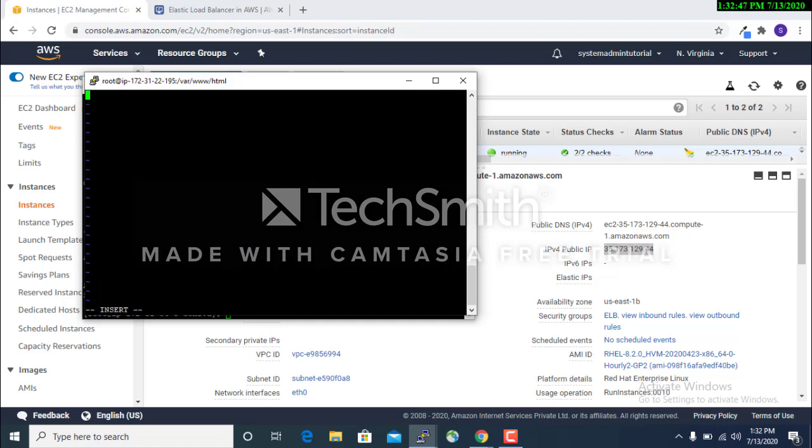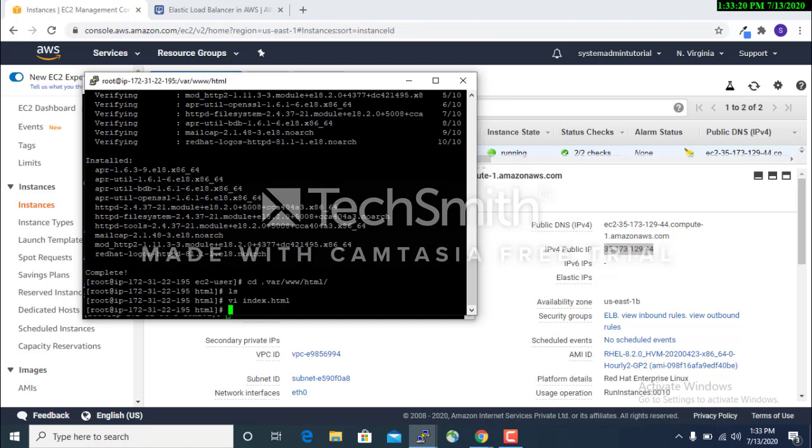Go to the insert mode by pressing I. Now you see, server 2 system. Okay, now save. Here it is there.